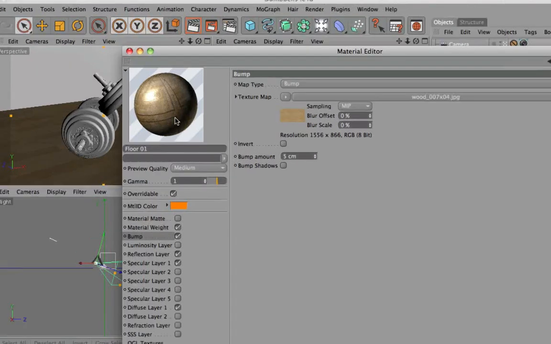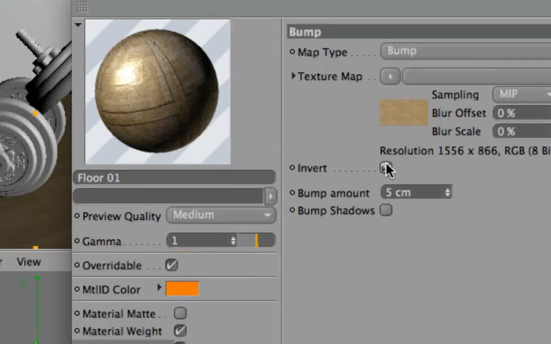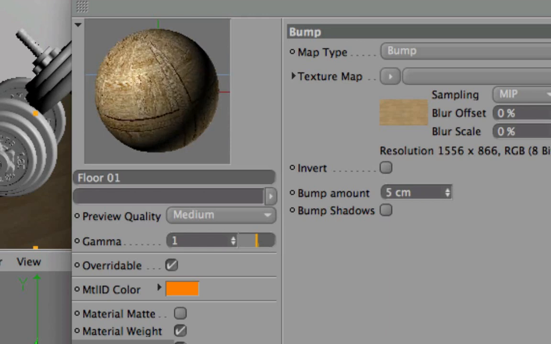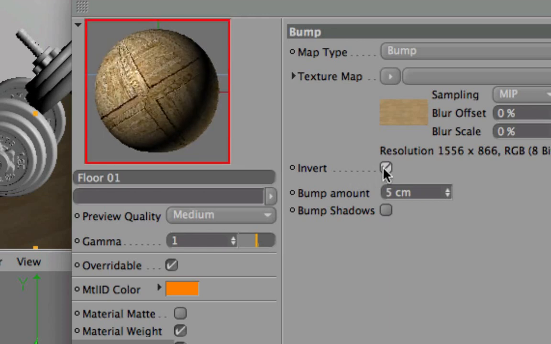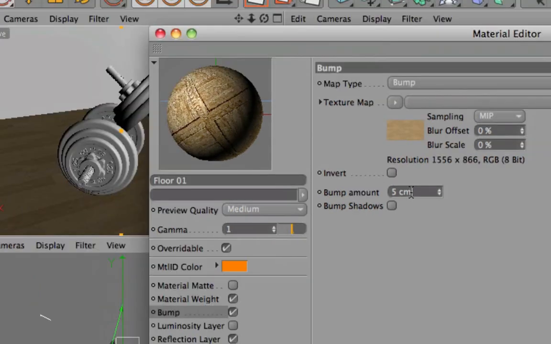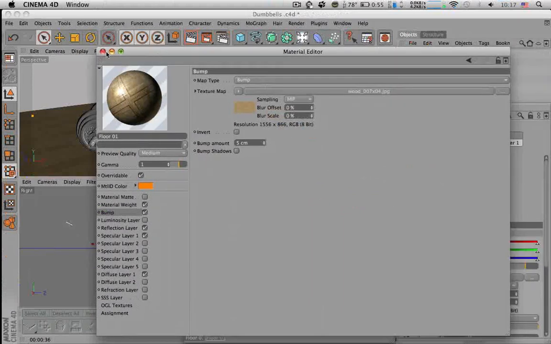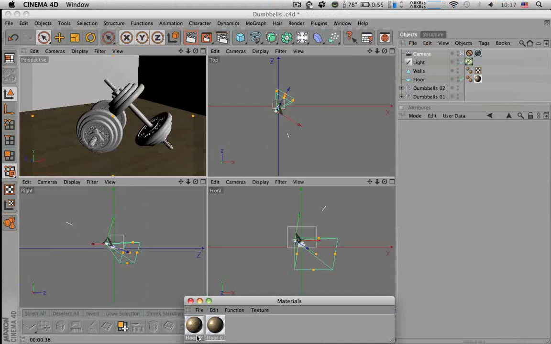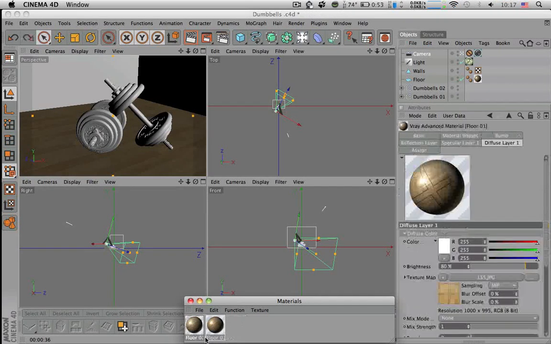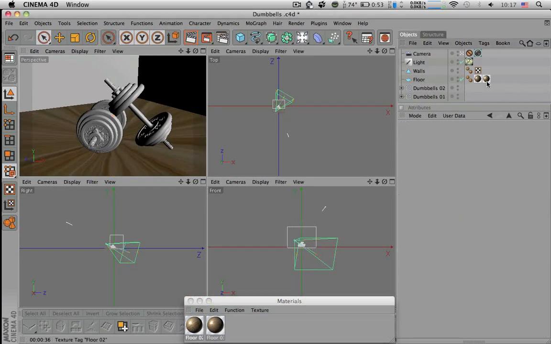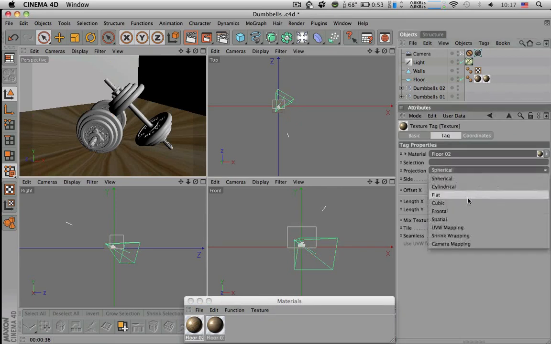I'm just trying with the settings for the bump. Okay, so we're going to make a test for this new material,